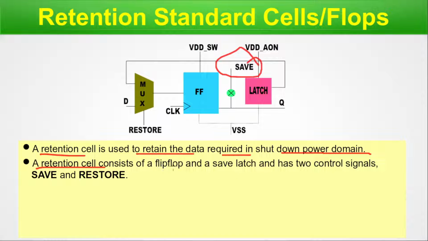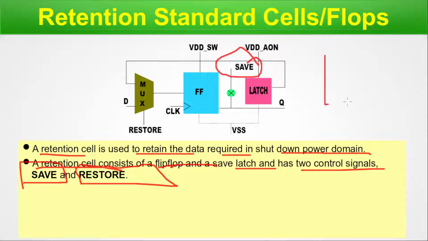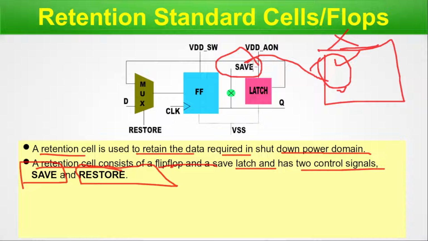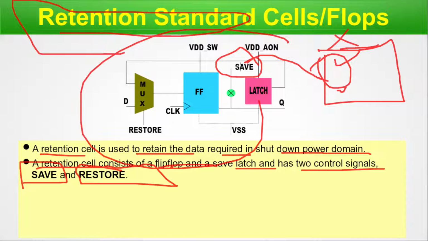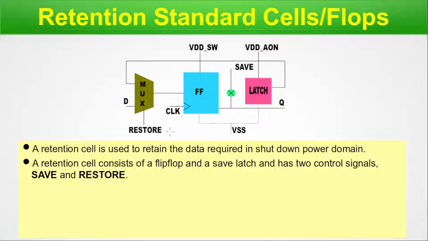A retention cell consists of flip-flops and a save latch, and has two control signals. One is the save, another one is the restore. When a block is switched off, that means it has been cut off, the states have to be saved, right? So that save instruction is coming from the PMU, and that has to be processed by the retention cell, that means this cell. And once the block is powered up again, the restore signal has to come from the PMU or PMB,